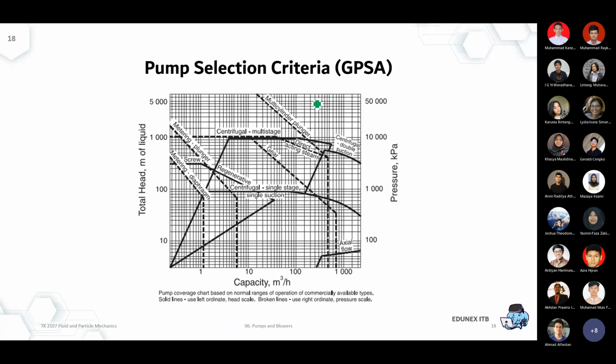Okay, so for pump selection, this is coming from the GPSA book. This is a guideline provided to you to select different types of pump. Because when you design a new pump, what you initially know is your flow rate and your head. That is the most common information that you have at the initial design of your pump. Then you get offered by, let's say, 10 pump providers or 10 pump licensors, and you're confused which one you should choose.